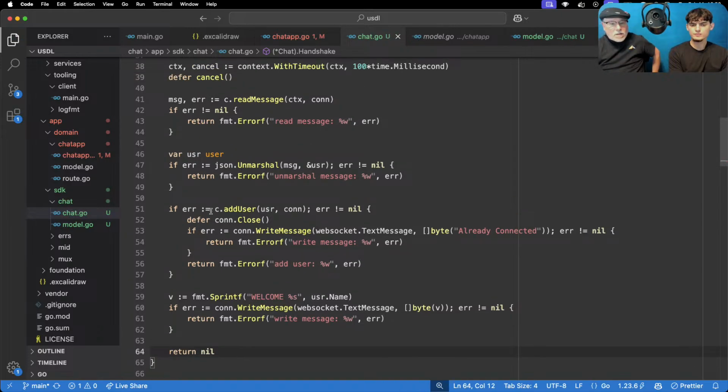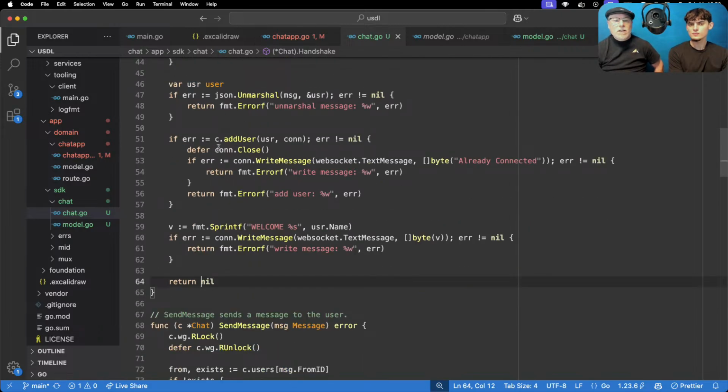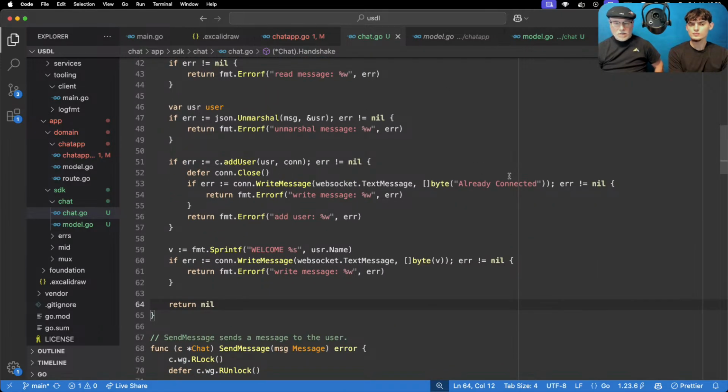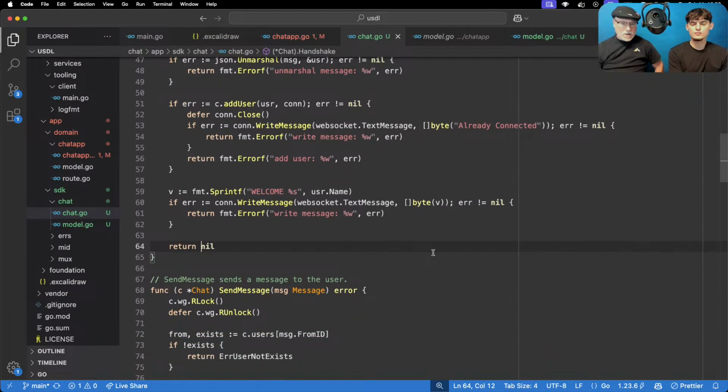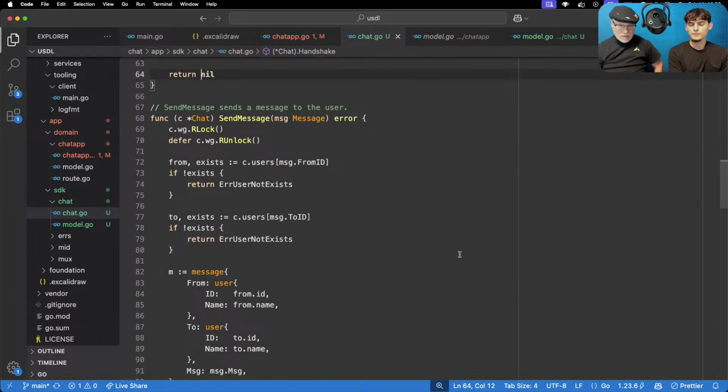So you can see here now on the add, we're using it internally after the handshake. And if they already exist, we'll say you're already connected. So that's kind of cool, right? Makes sense. Yeah. So now we come back to this,